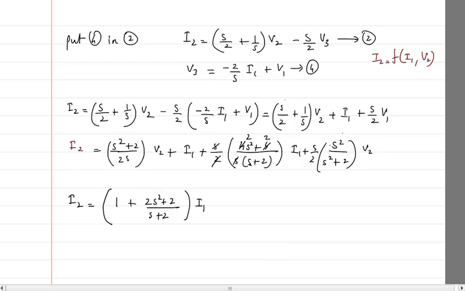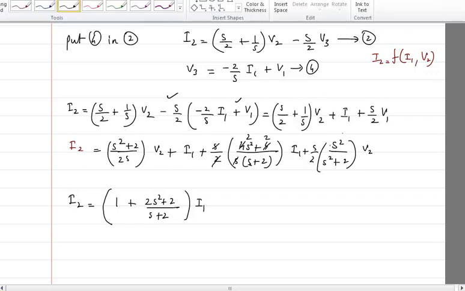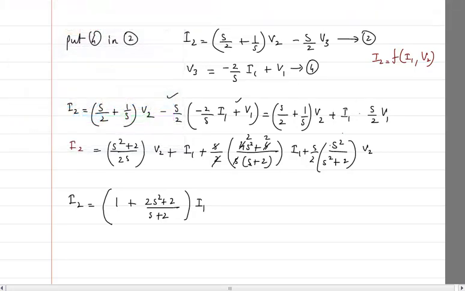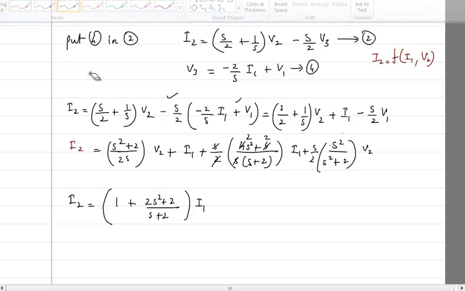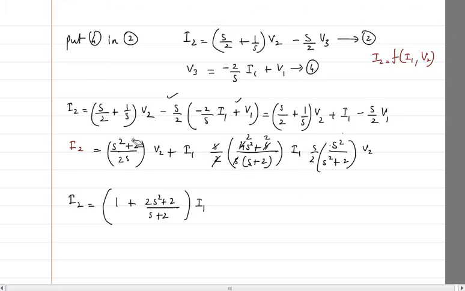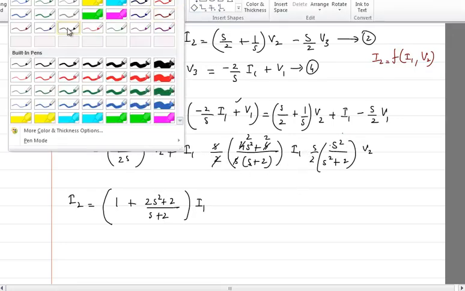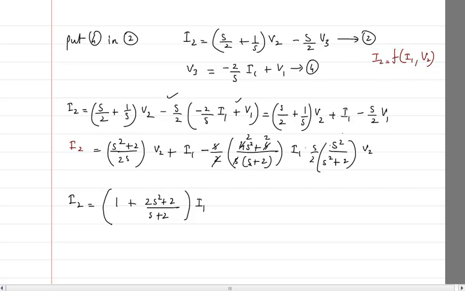Now I have made a small mistake here. This minus S by 2, when I take it this side, it should become minus S by 2. So this is minus S by 2. So here I1 I have substituted, and so both these values must be minus, sorry. So this is also minus and this is also minus. So this becomes again minus.